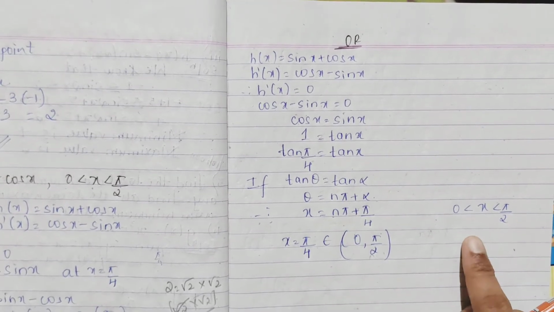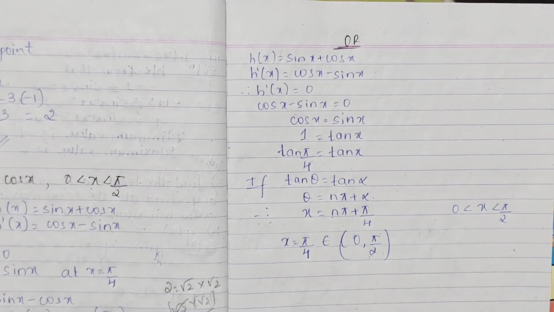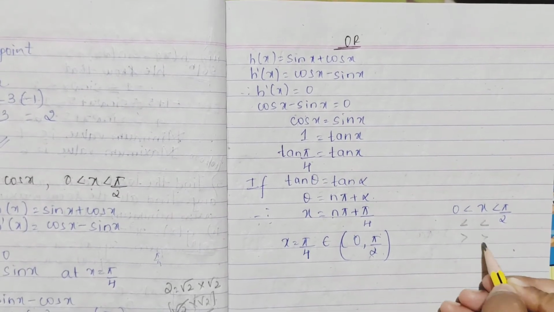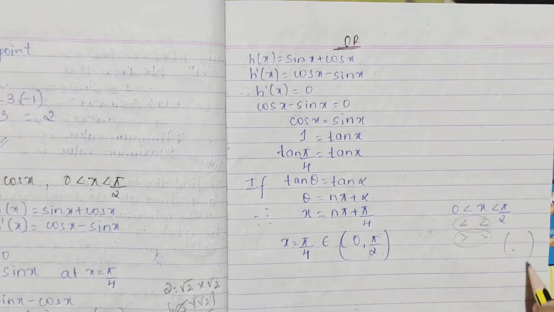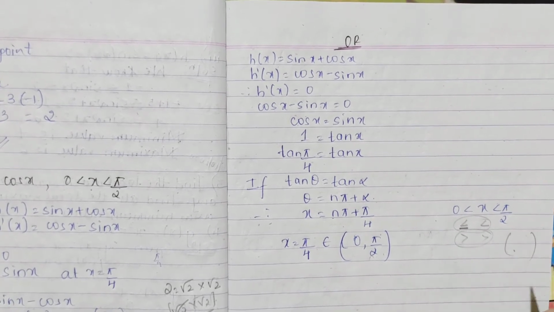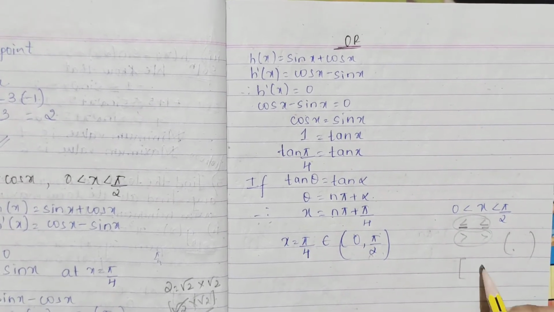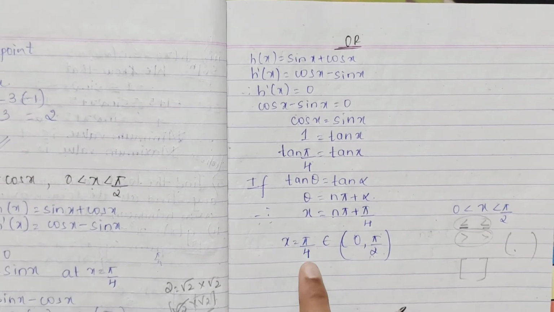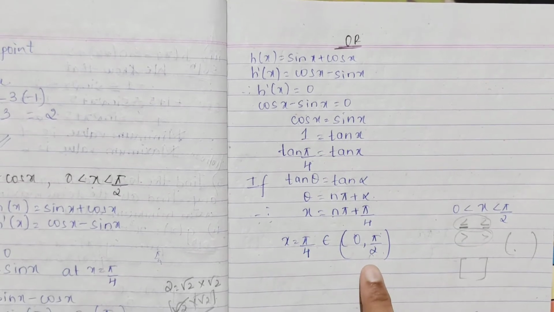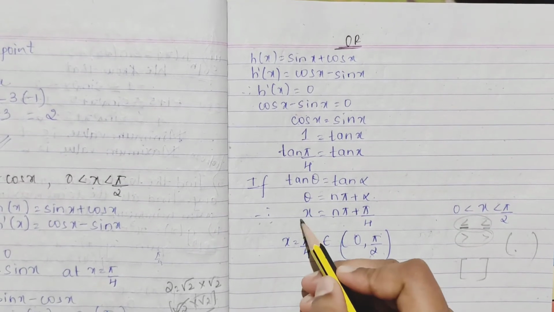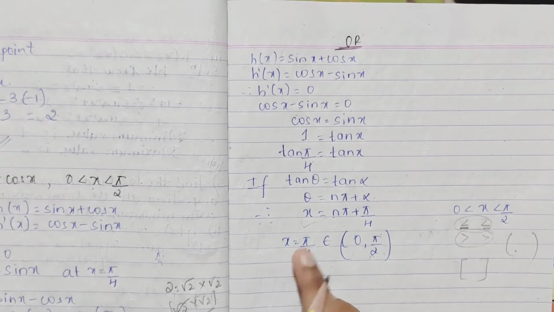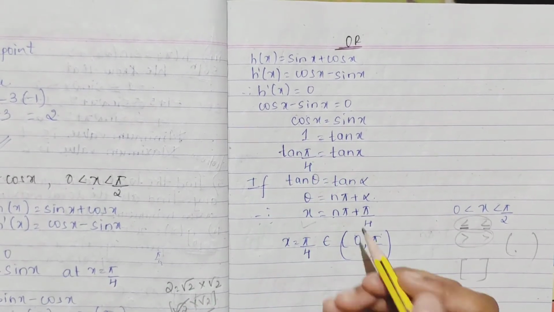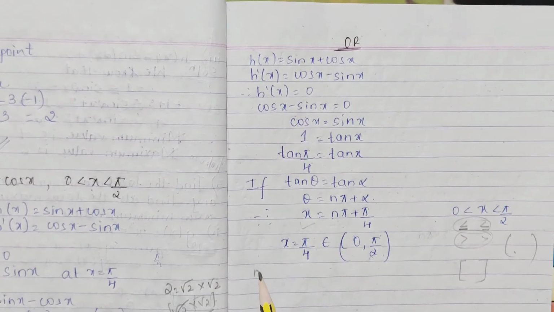Here, look carefully. Just a less than or greater than inequality, it will be what? Open interval. If you have an equal to sign, only there you get a closed interval. Okay, so here what x value are you getting? pi by 4. So pi by 4 belongs to this interval 0 to 90. Yes, it is. So at this point you are getting 1, as your tan pi by 4 you are getting as 1. Next, n is equal to 1.